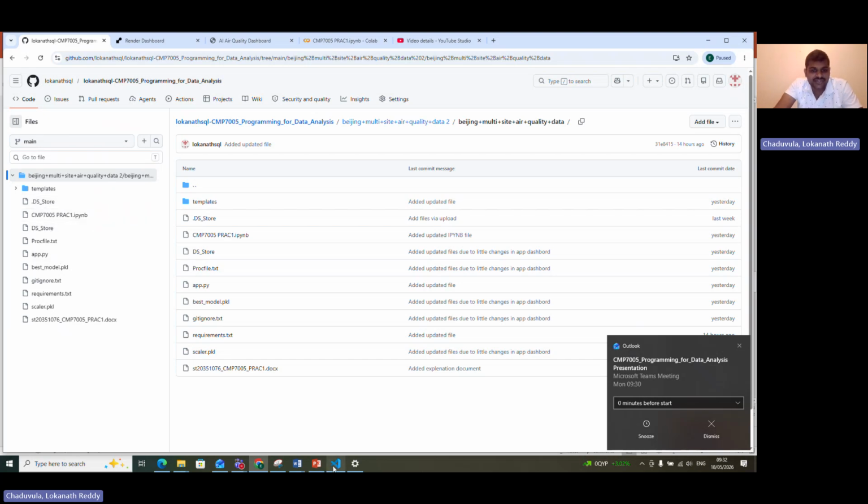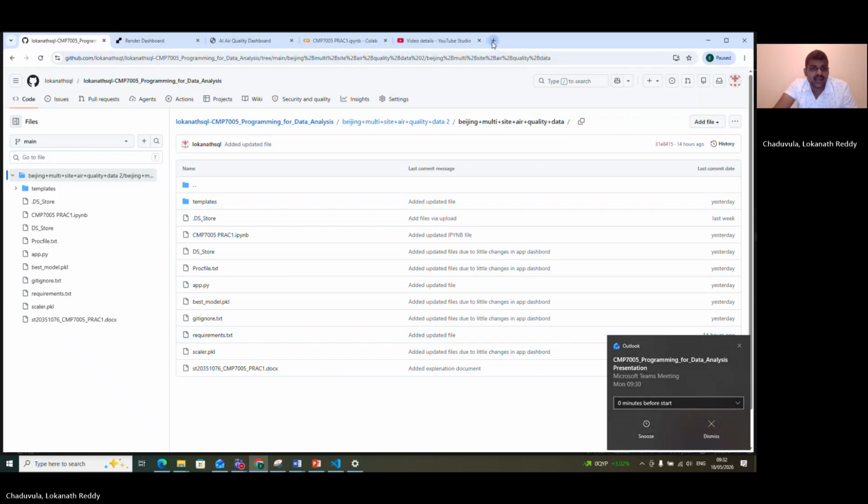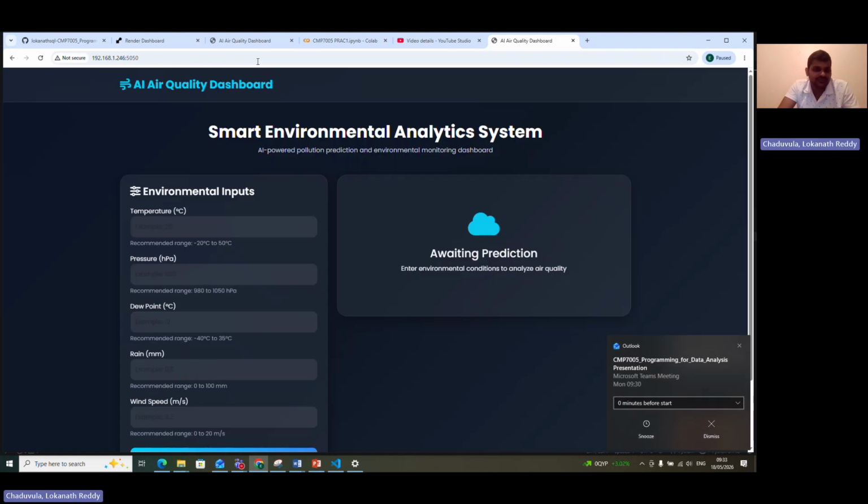I can show you how I run my app.py in Visual Studio. In this path, I had mentioned my app.py application code, and I ran my Python app.py. Here we can generate this URL, and by this URL you can open my application. Yeah, we can see my application,